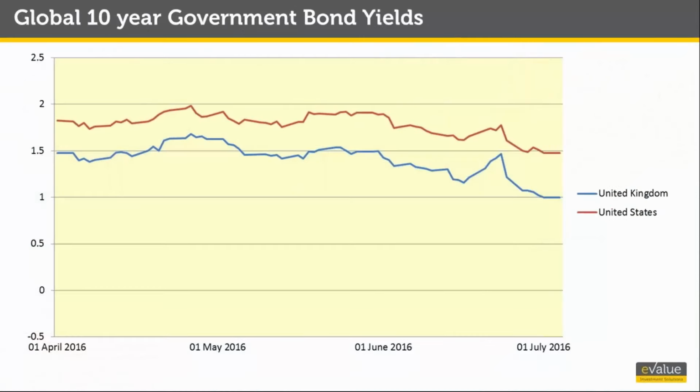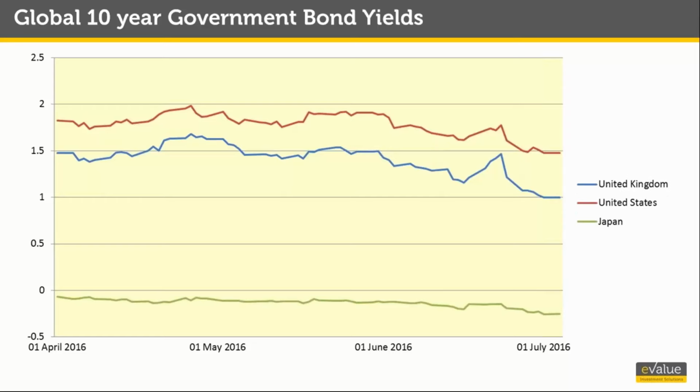Rates in the UK and the US didn't change much for most of the quarter, but then went through a sharp fall at the end post-Brexit vote. 10-year yields in the UK are now well below the 1% mark, and just this morning they have dropped even further and were trading at 78 basis points at one point.